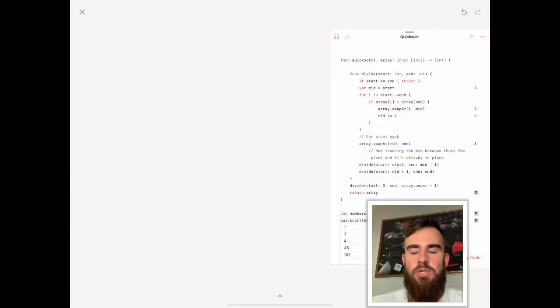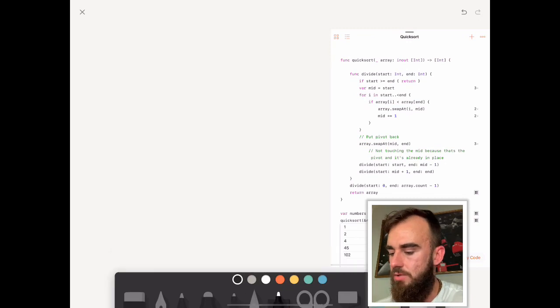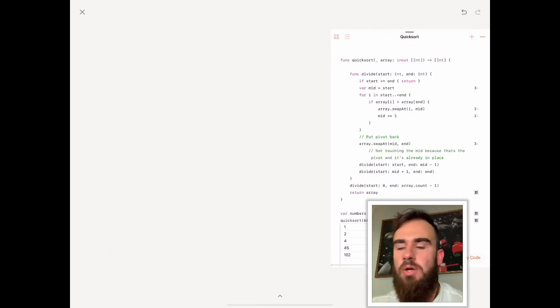So today I'm going to go through Quicksort. I'm going to go through a little bit different way than how other videos do it, because there's a lot of videos that do Quicksort, and generally they show kind of intuition and then the code. But instead, we're just going to show the code first, and then kind of reenact the code in the paper app on 53. So you can see on the right here we have how to do Quicksort in Swift, and I'm just going to put out a random array, and then we'll kind of step through it as if we're